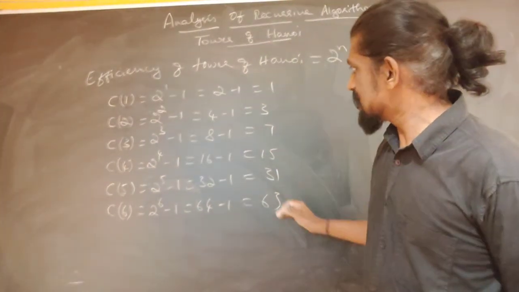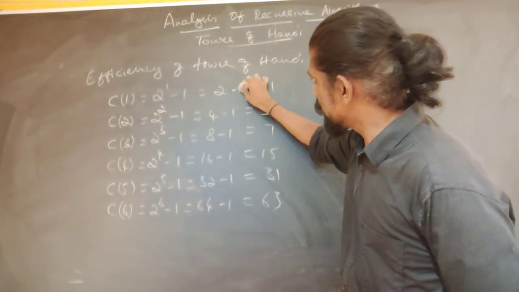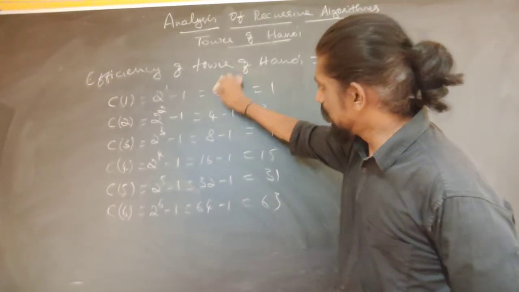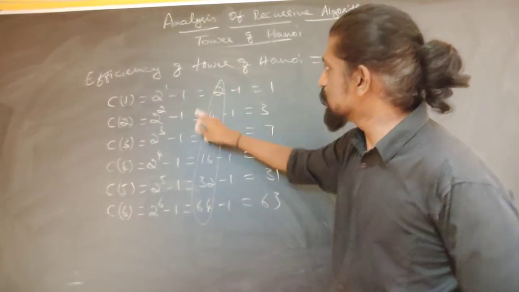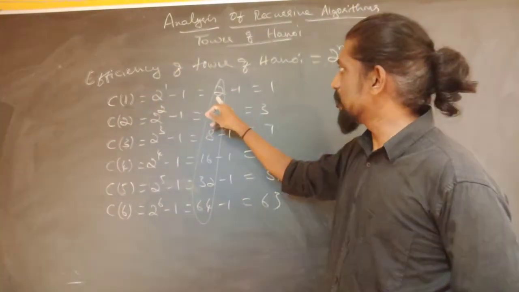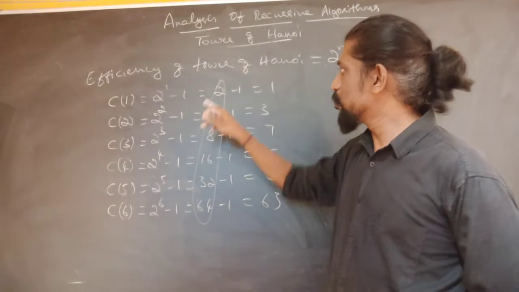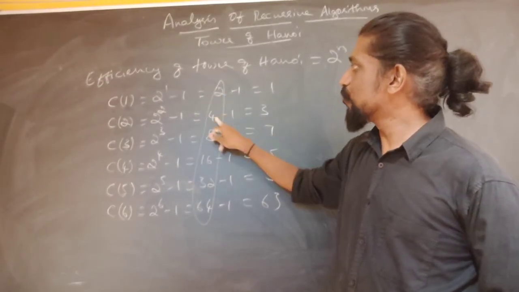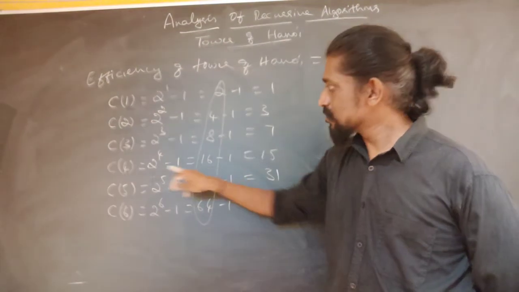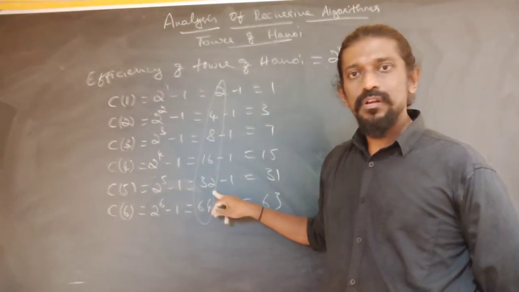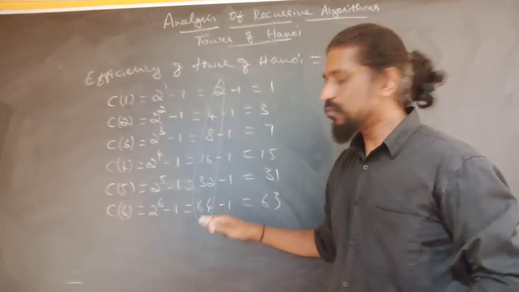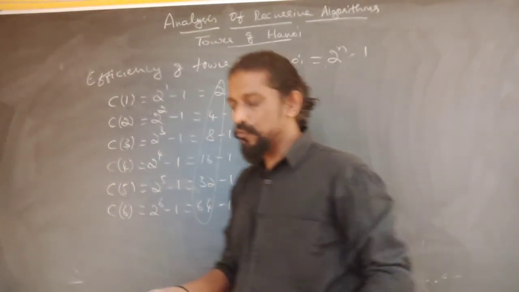Okay, so if we have to understand this better, leave off the minus ones over here, because this is nothing but 1 subtracted from these values. When you look at these values, you can observe every time one disk is increased for the Tower of Hanoi problem, the number of times the basic operation is executed will keep doubling. So 2 becomes 4, 4 becomes 8, for 3 it is 8, for 4 it becomes double, 16. For 5 it becomes 32, for 6 it becomes 64. So it increases very rapidly. Next will be 128, 256, 512, 1024.